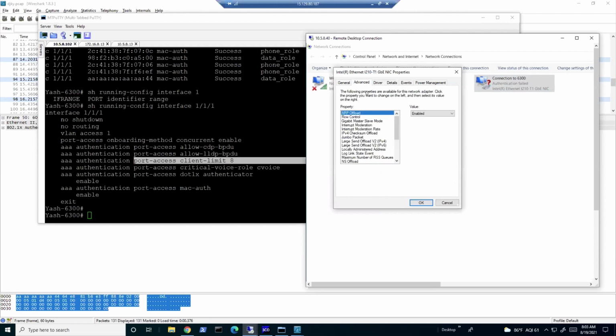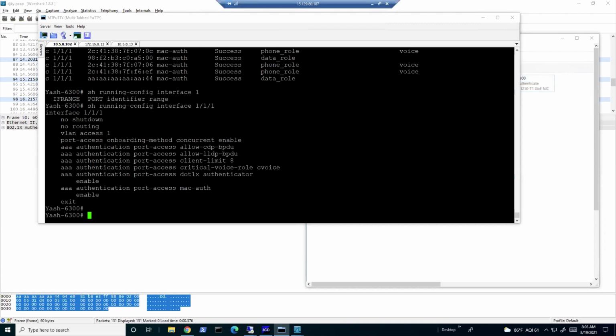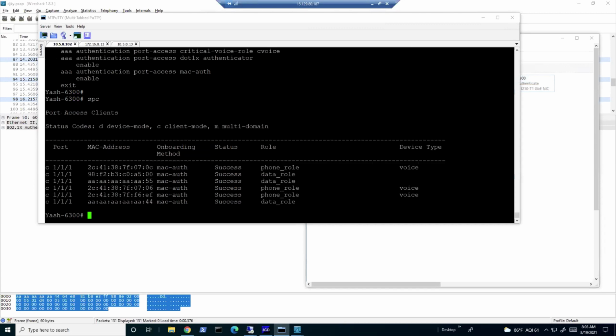Let's say I quickly send some more MAC addresses to this so that we see that. Currently you're seeing the 44, which is nothing but this PC, and I'm going to change it to maybe 55 for our understanding here. Because I have a data client limit of 8, it will increase and it will authenticate all those clients. It is attempting now. We should be able to see the 88 coming in.